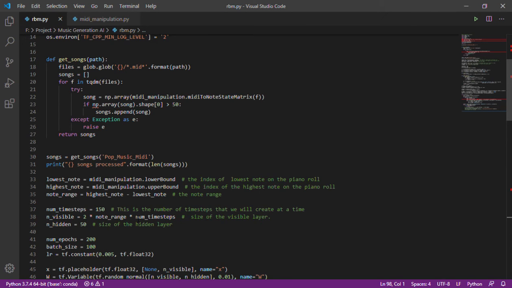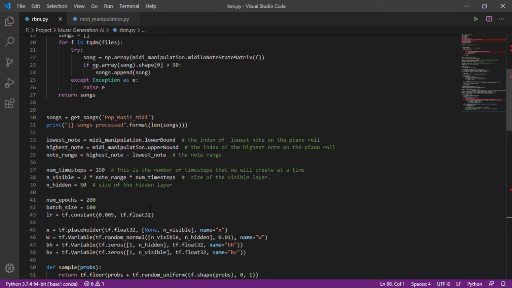Now the number of training epochs that we are going to run is 200. For each epoch we go through the entire dataset. This is the batch size, where we will be providing a batch of 100 songs. And this LR constant is the rate at which our model will be trained.